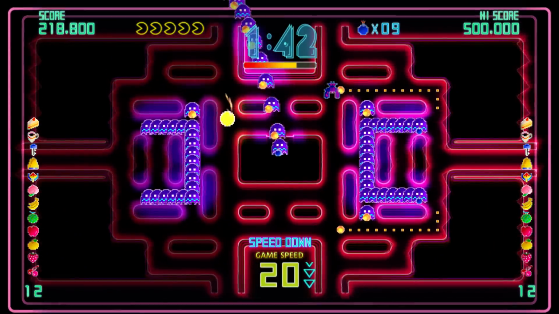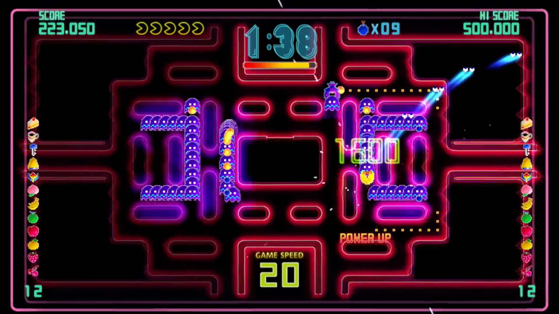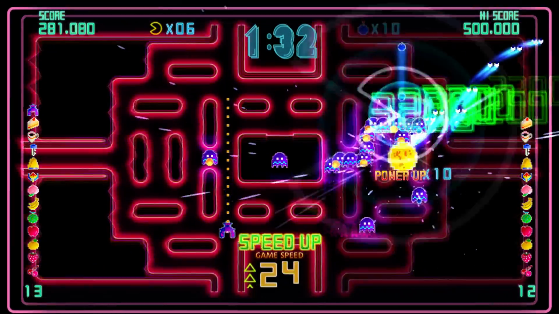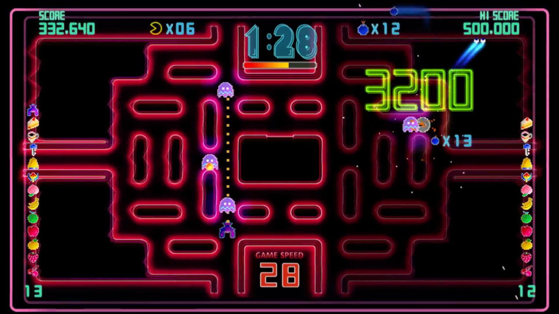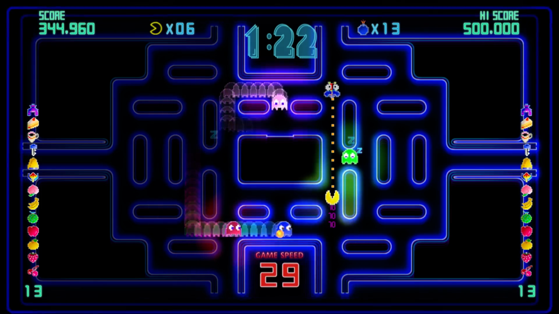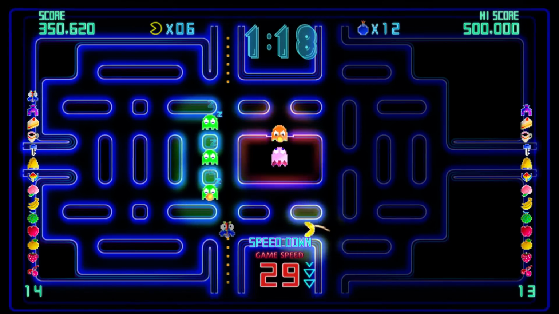I had the bomb there. And so when you're bombing, you can do something like this, and there's power pellets in some of them. As we go up, at the bottom it's saying speed up. That's right, the game is speeding up because it feels like I'm doing better. See,